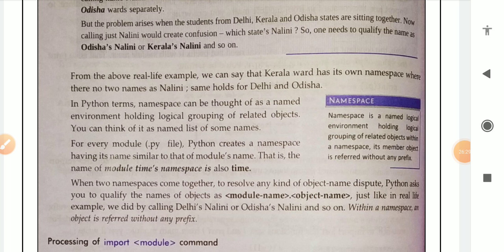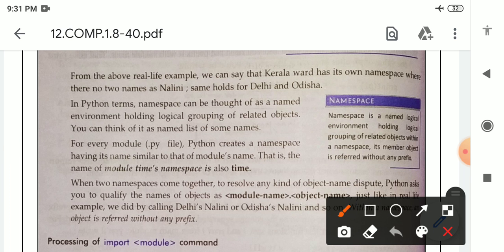When two namespaces are coming together, Python asks you to qualify the name of the object. How can we qualify it? By module name dot object name, as we did in the real life example, like calling Nalini. Which Nalini? Delhi or Odisha or Kerala? In the same manner we will write module name dot object name.